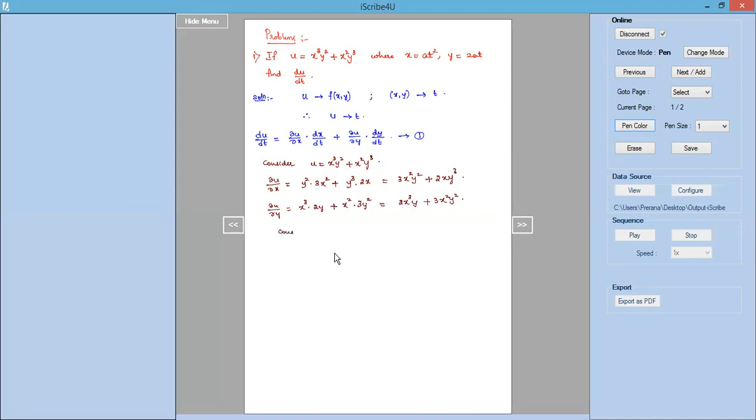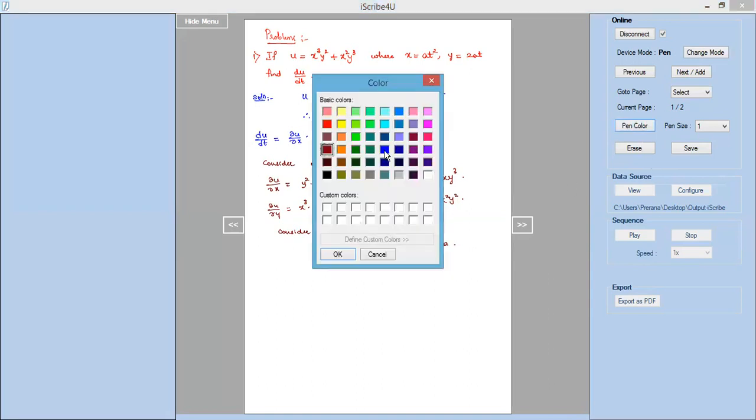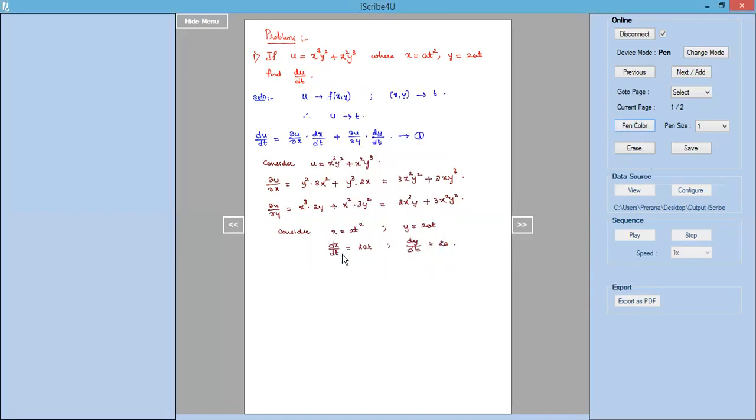Now we will consider x is equal to at square and y is equal to 2at, and find out the derivative dx by dt, which is 2at, and dy by dt, which is equal to 2a. So after all these, we will now substitute into equation 1 and simplify. While simplifying, we take care that we are writing all the terms in terms of t, the independent variable, to find du by dt. So substituting in equation 1,